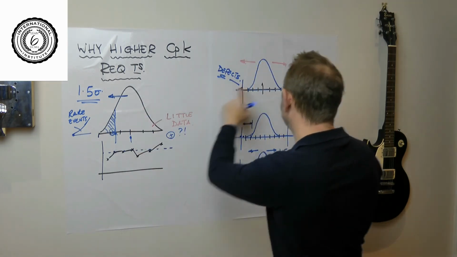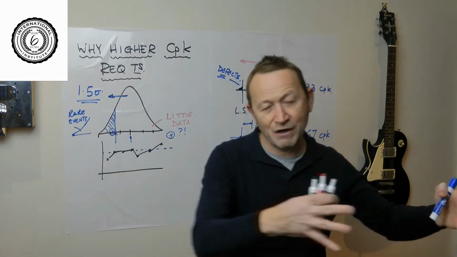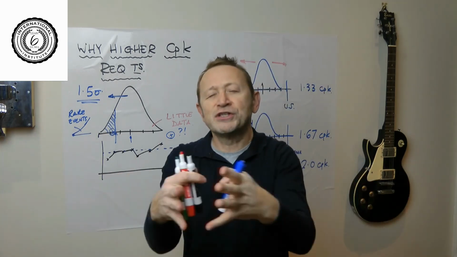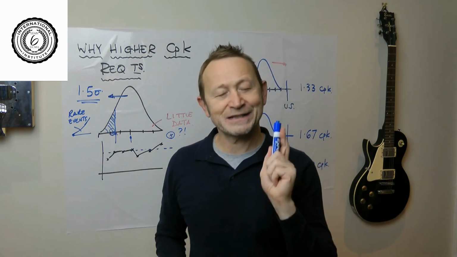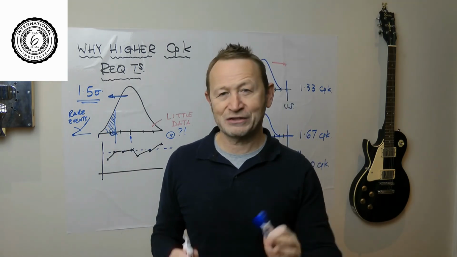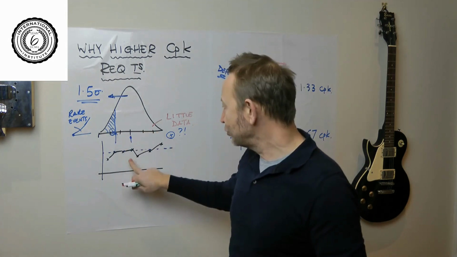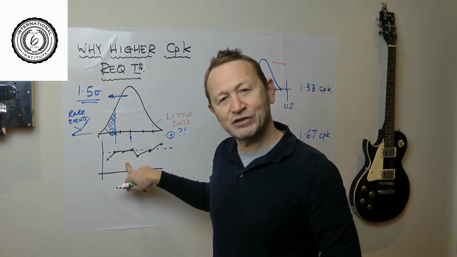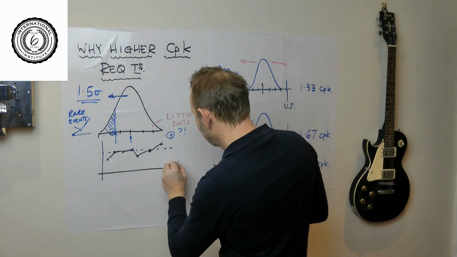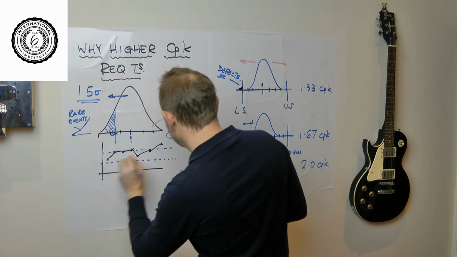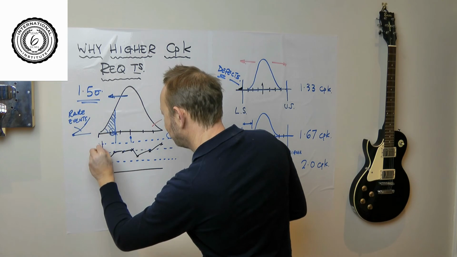When I draw these pictures, it's very easy to understand when you see the distribution and you see the whole distribution moving left and right. You see the distribution moving in and out. Everybody can understand the pictures, but that isn't how you control a process on the shop floor. On the shop floor, you never see the distribution. You only ever see the graphs. Of course, SPC charts, what are they trying to tell you? Well, an SPC chart, if it puts control limits in, what it's trying to communicate to you